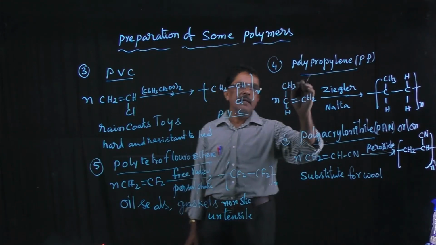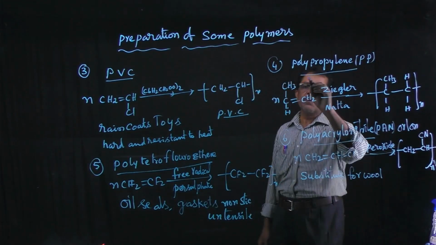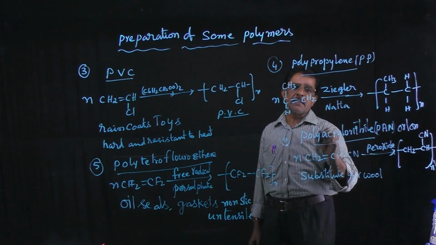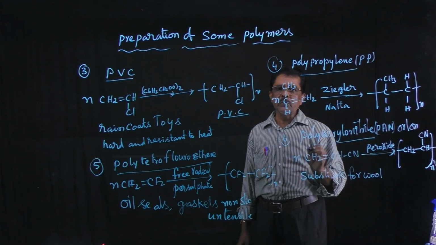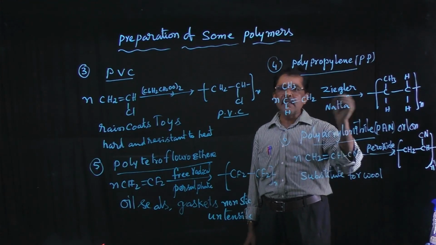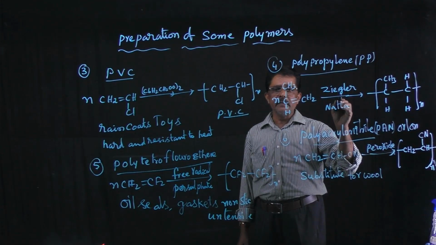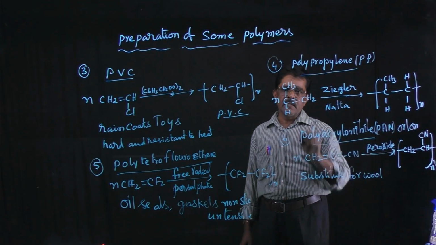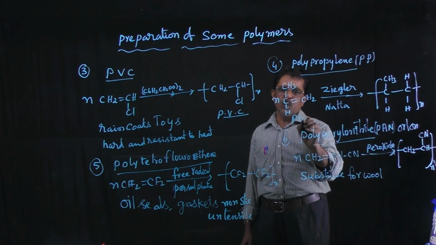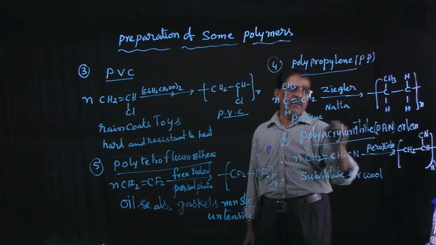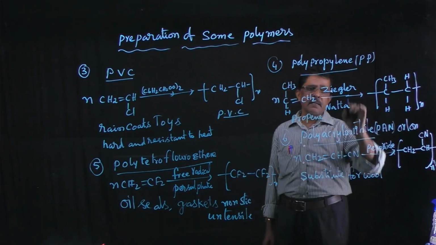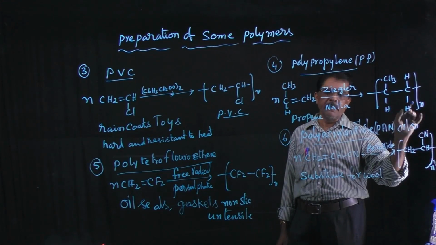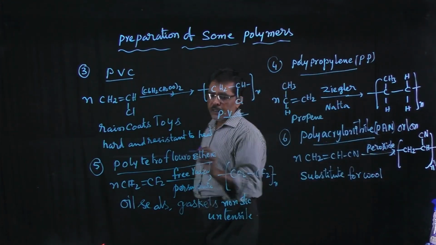Understand. Next, polypropylene. Propylene is subjected to polymerization in the presence of Ziegler-Natta catalyst. You know that Ziegler-Natta catalyst is the trialkyl aluminum and titanium tetrachloride. And propylene is subjected to polymerization in the presence of Ziegler-Natta catalyst, and we will get polypropylene, PP, right? Next, here important one is